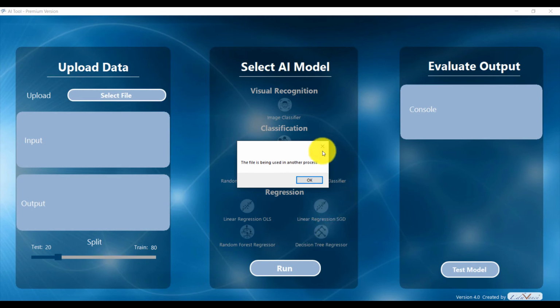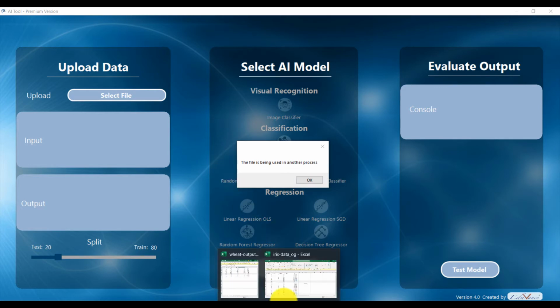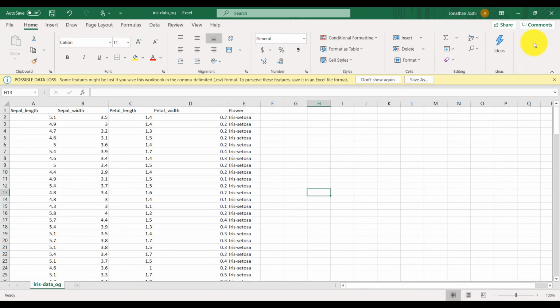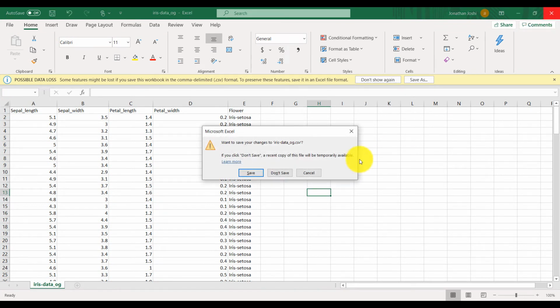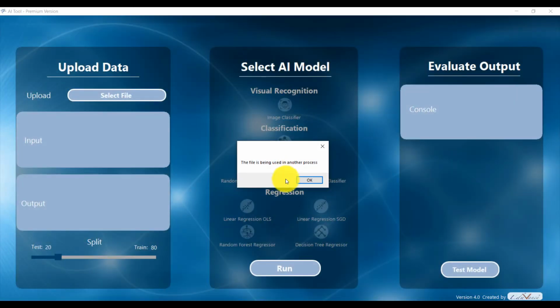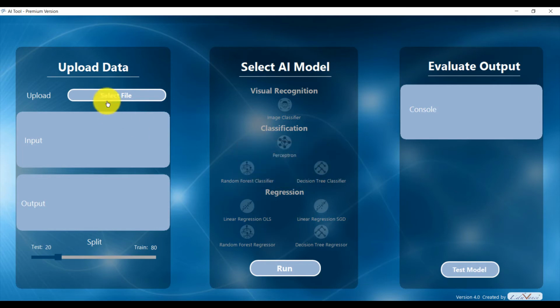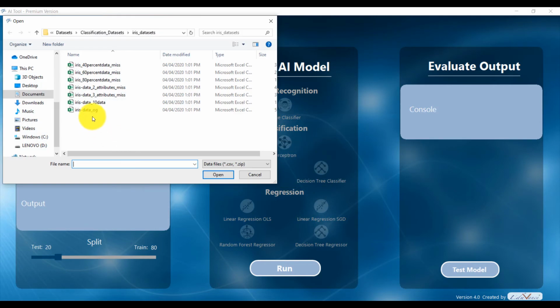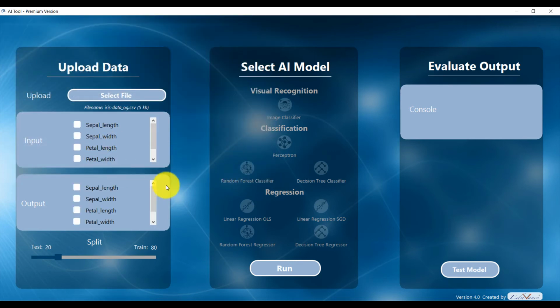Now you might get an error which says the file is being used in another process, which means that another software is using the same file, which in my case was this Excel sheet. So I will go ahead and close this Excel sheet. I'll say don't save and click OK. And I will go ahead and select the file again, iris data OG, and say open. And now if you see, since I closed that Excel sheet, my data is available here.